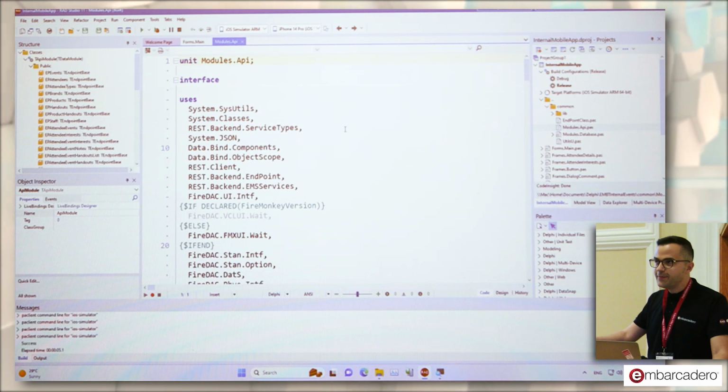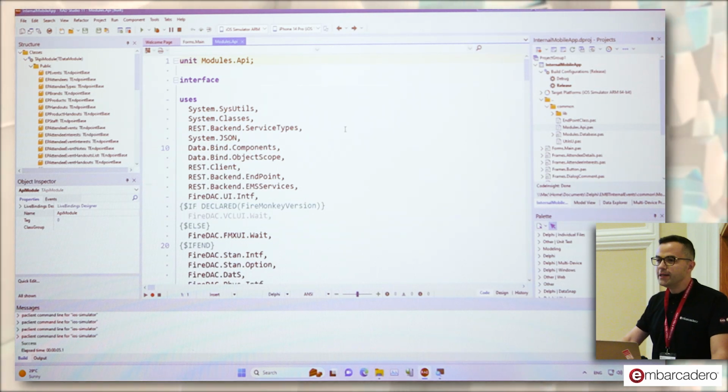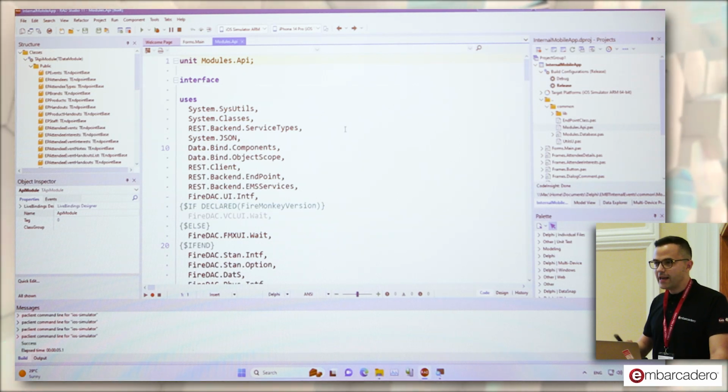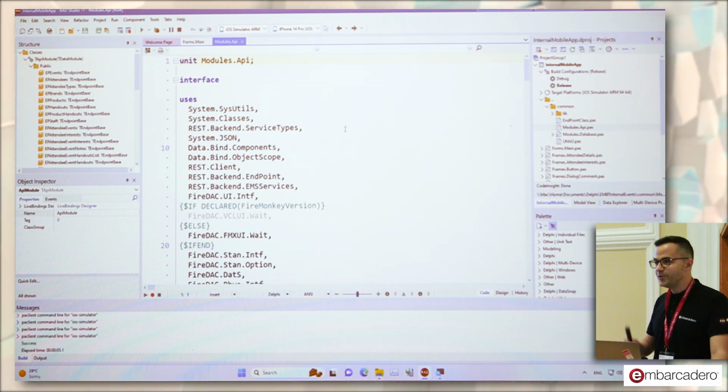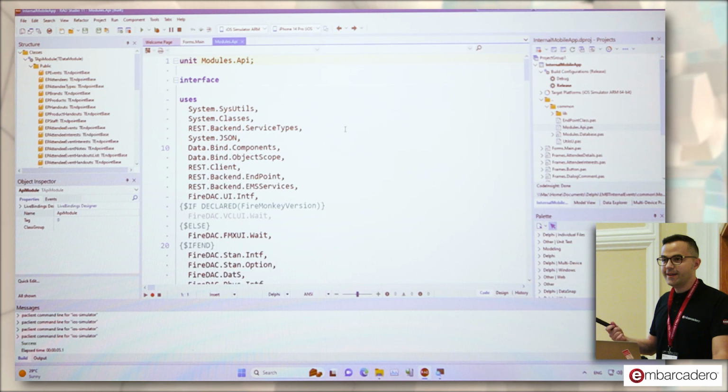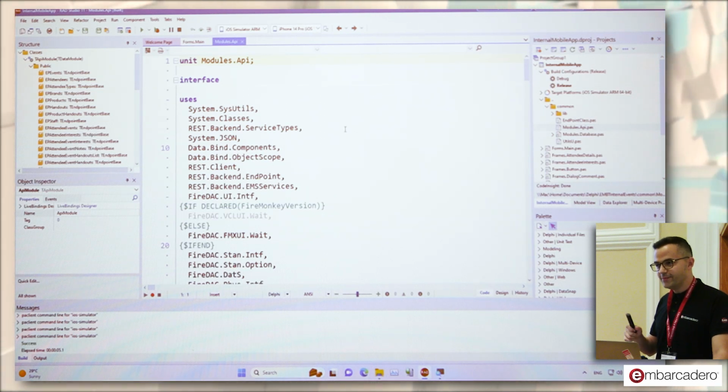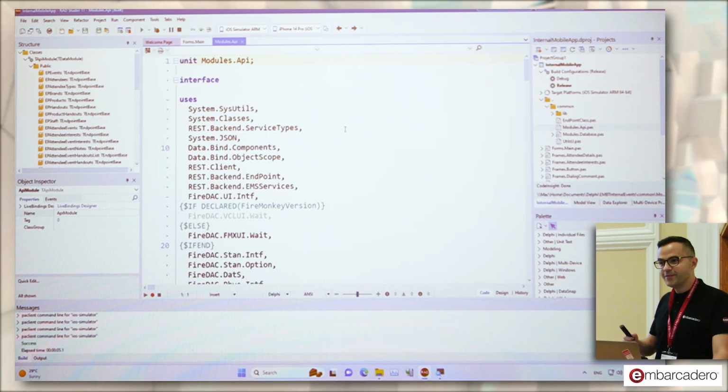I want to specify how long it took me to develop this myself. It took me a month to develop the backend and the front end. Just me. I was the only developer doing this project. And with this, I'm not saying that I'm an amazing developer. If I did it, you can do it, for sure.